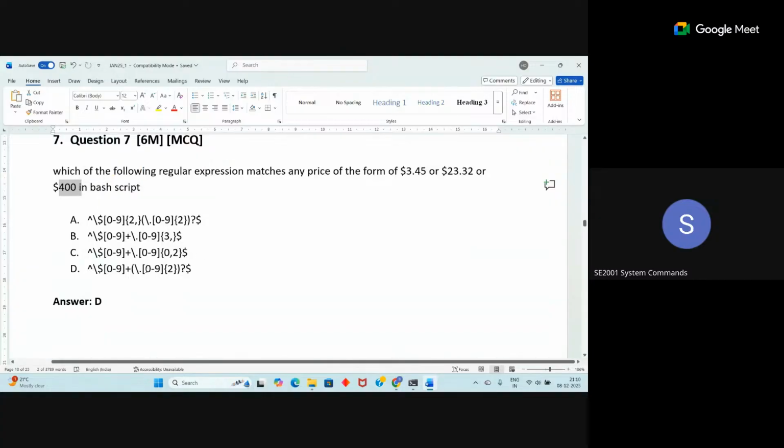So it should begin with the digit, this symbol, and after that it should have these digits. And at the end also, this should be the end. After that, you should not have anything. That is what this dollar says. So this will accept